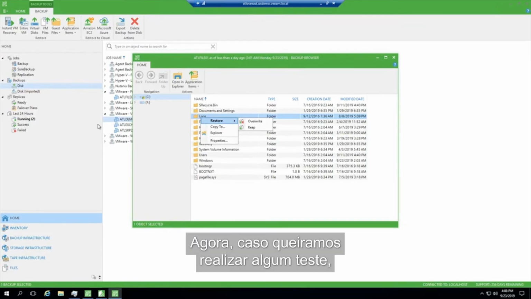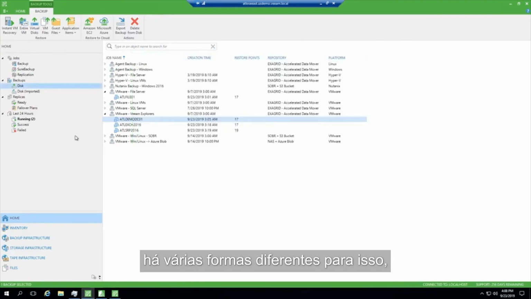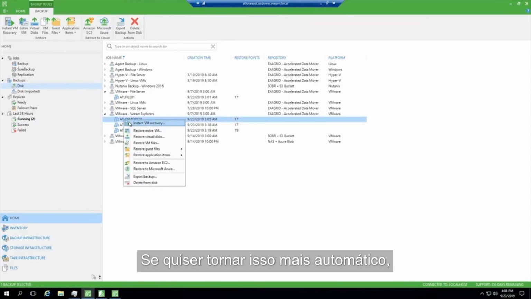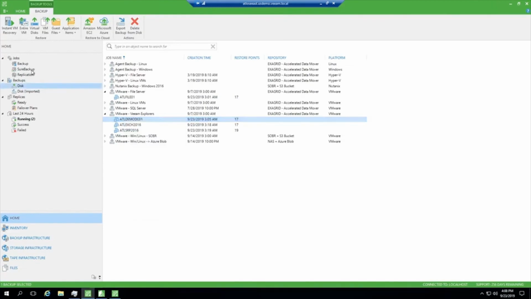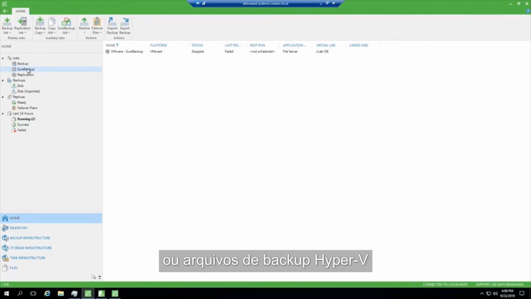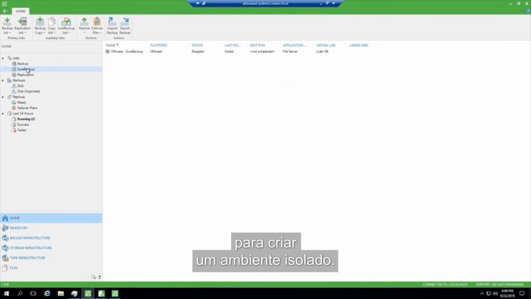Now, in the event that we want to conduct some testing, we can do that a handful of different ways. One, instant VM recovery is a great way to manually test. If you'd like to make this more automated, we can use a job called Sure Backup. Sure Backup allows us to take VMware replicas and backup files, or Hyper-V's backup files, and spin them up into